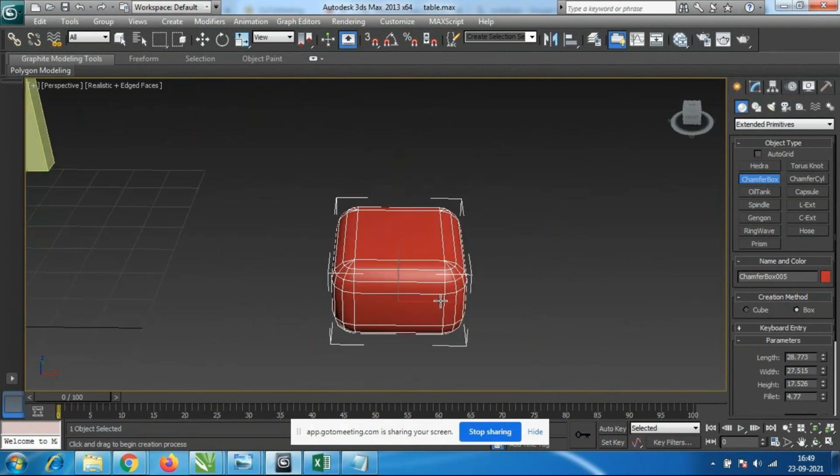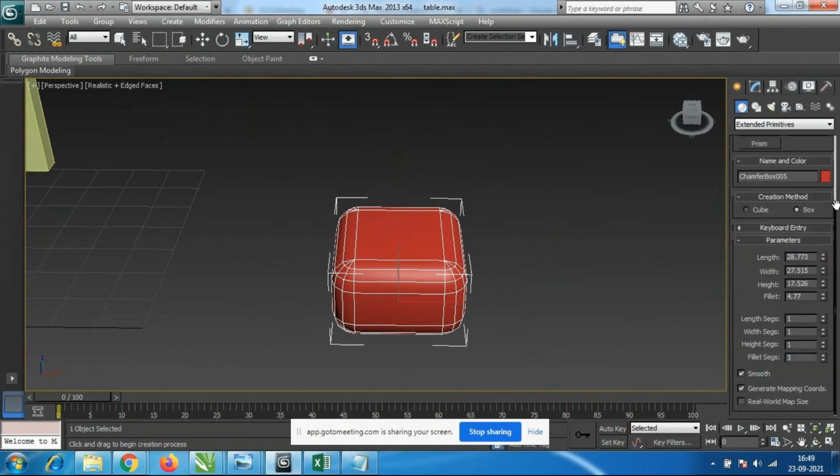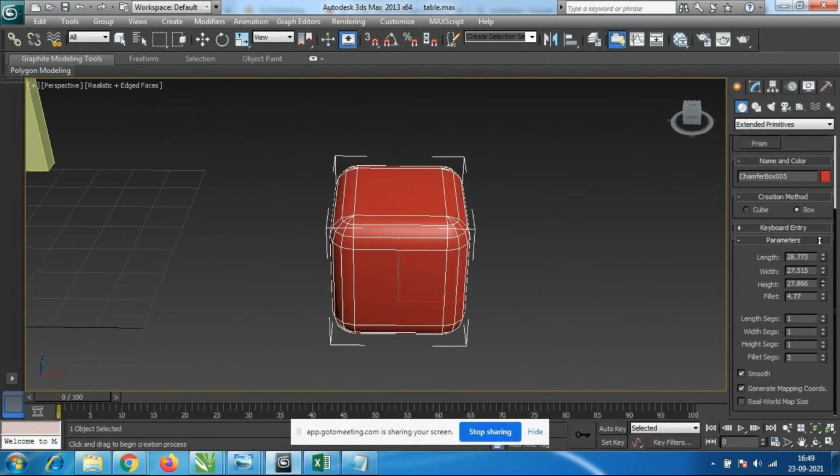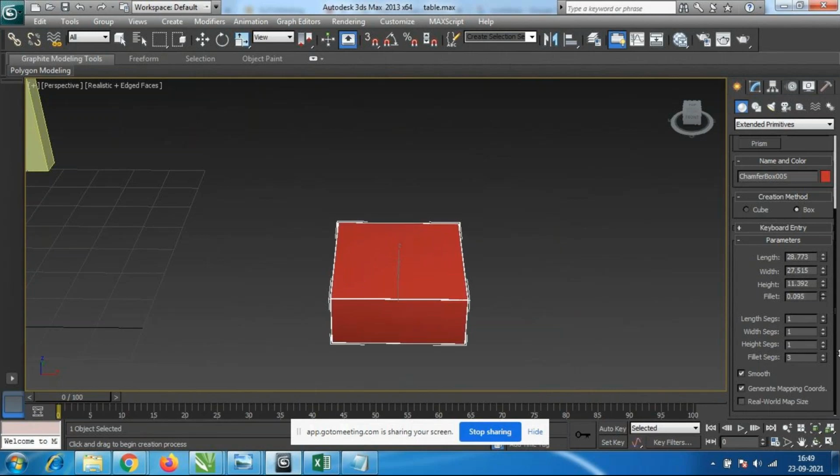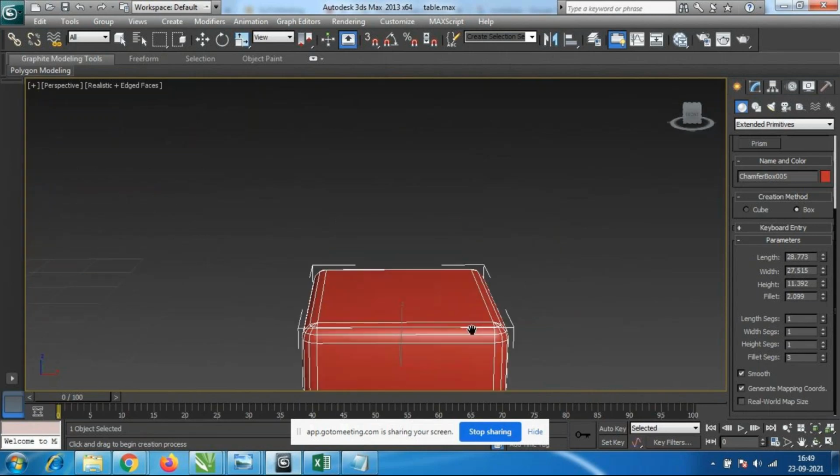Here, if I go again, it is asking what is the length, width and height. If you want, you can increase the length, width and height. And the fillet option, in the sense the smooth option which is available here, that option is called the fillet option.